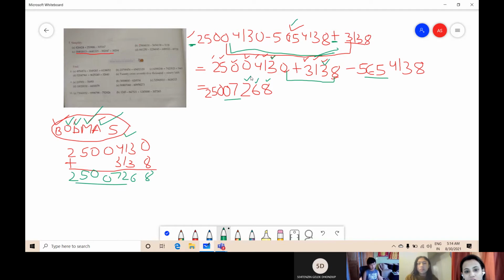Now next comes the turn of the thousands place. So 4 is in the thousands place, and here 3 is in the thousands place. If I add 4 plus 3, it will become 7. So I have written 7 in the thousands place. Similarly, 0 in the 10,000 place, and here is no number. No number means 0. So 0 plus 0 will be 0. So I have written 0 in the 10,000 place. Now again 0 plus 0 will be 0. Now 5 plus 0 will be 5, and 2 plus 0 will be 2.